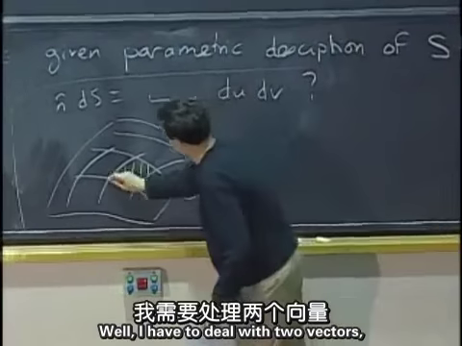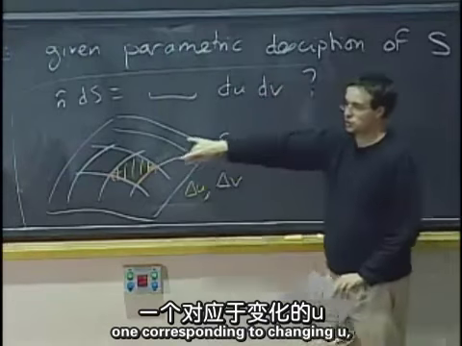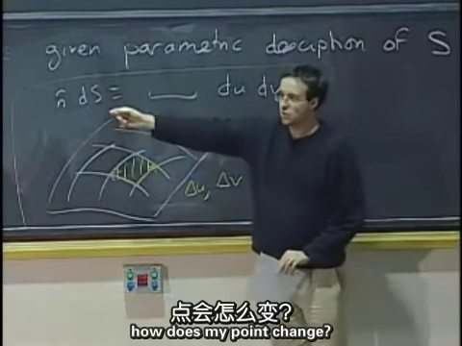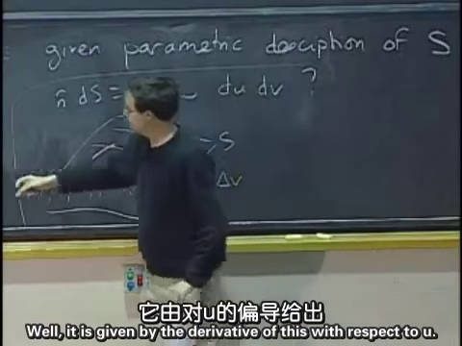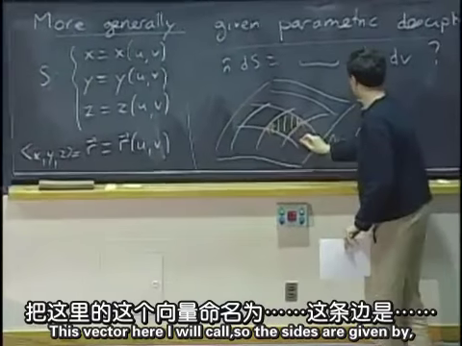Well, I have to deal with two vectors, one corresponding to changing u, the other one corresponding to changing v. If I change u, how does my point change? Well, that's given by the derivative of r with respect to u. Okay, so this vector here, I will call